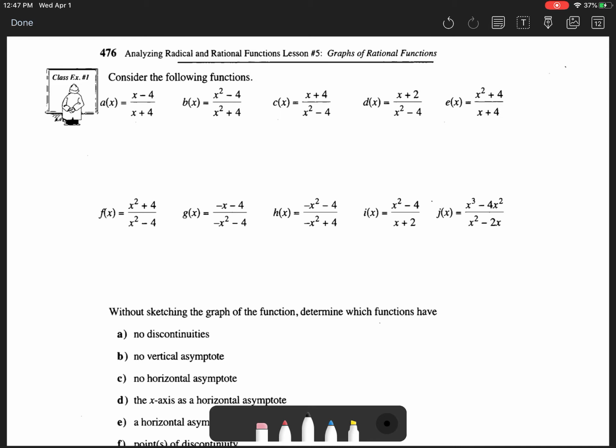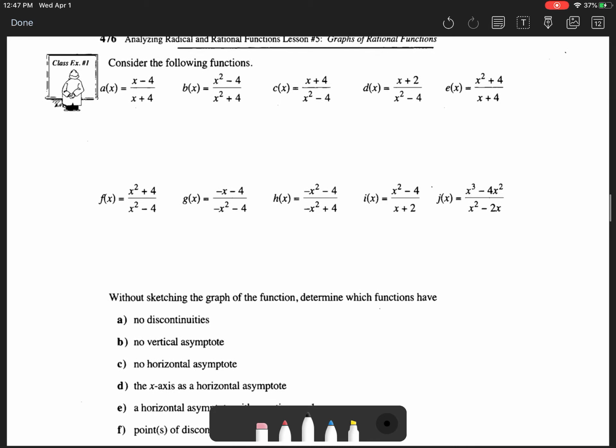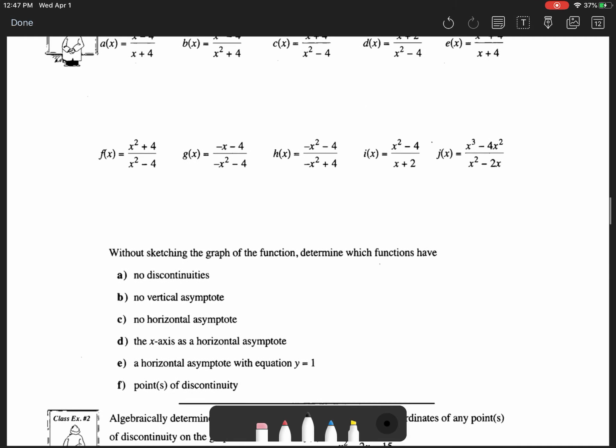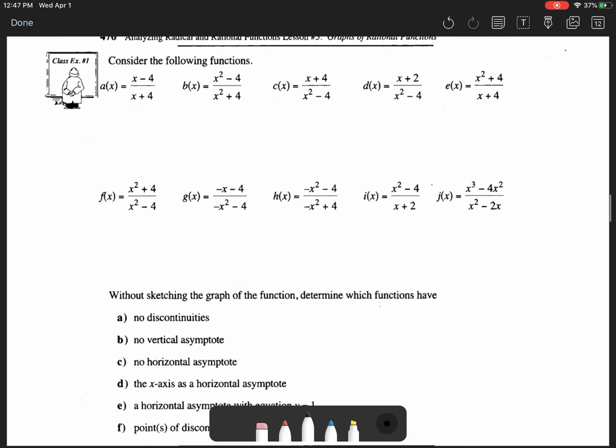Now on the next page, again, they've given us a whole bunch of functions, 10 of them here. The questions they're going to ask are all based on these functions. Now, in order for me to answer the questions below, which deal with discontinuities, asymptotes, x-axis, horizontal asymptotes, those types of things,